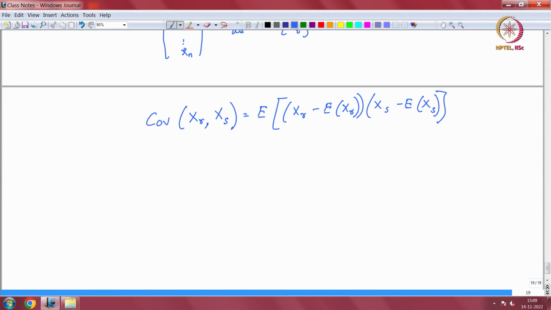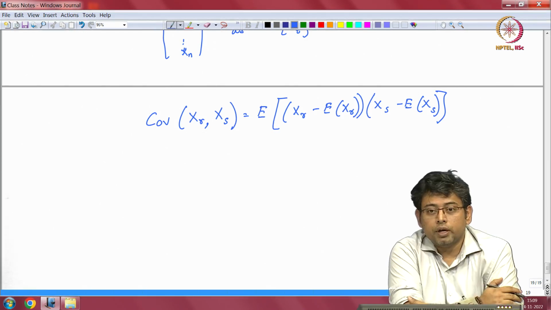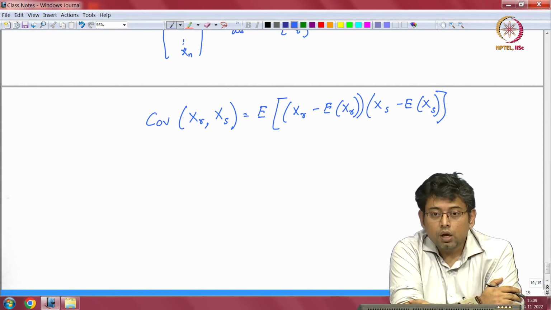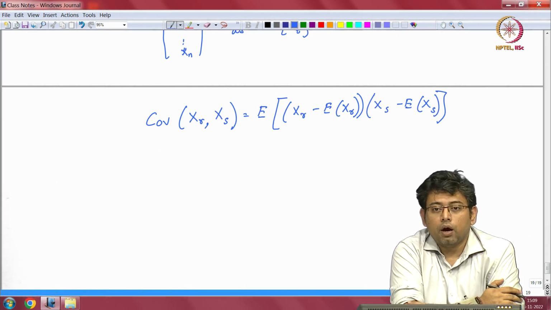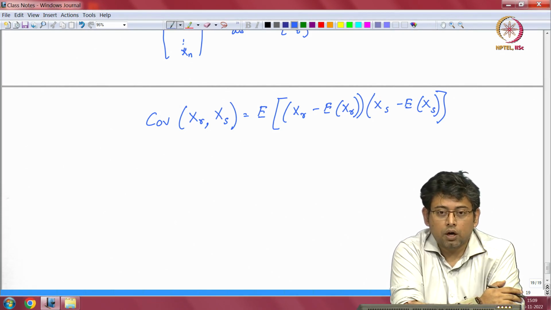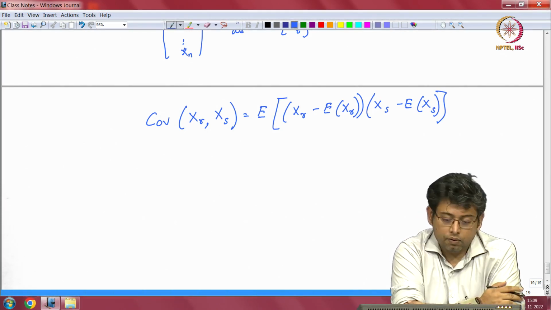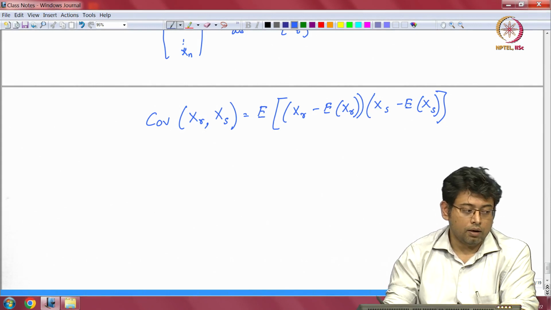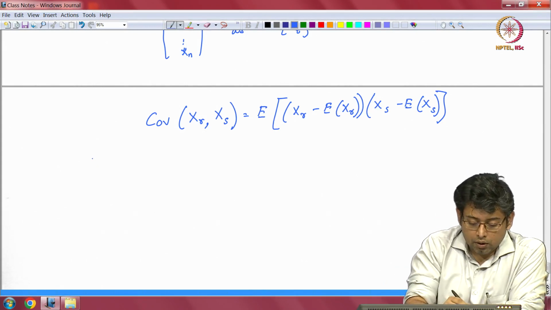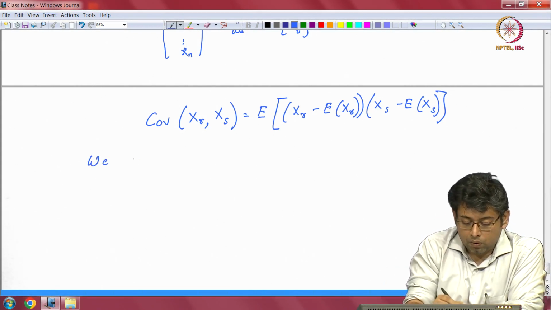So now if you have to define something called the autocovariance function, then the word auto implies that you are using the same series data. So if I had to define now the autocovariance function, which is also called ACVF in short,